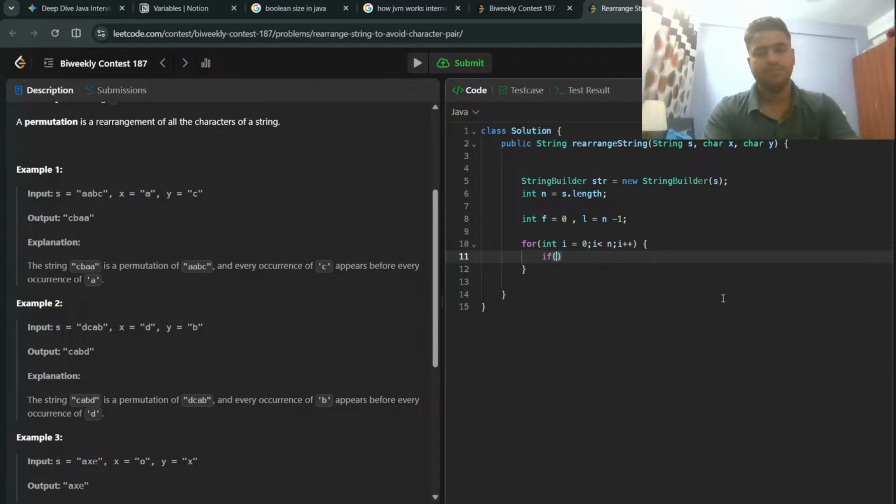If s dot name char it, get carrot, I think get carrot. i is equals to